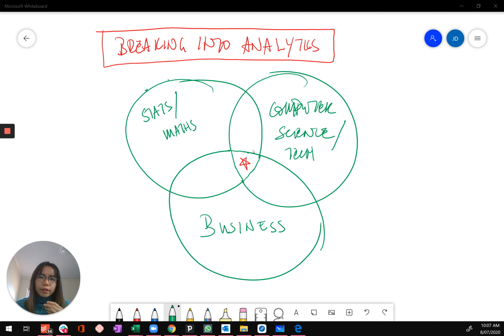Stuff on Reddit. I think there's a subreddit called Data Visualization, and a lot of data analysts and data scientists that I work with do follow that. I personally do as well. And there are some awesome visualizations out there.